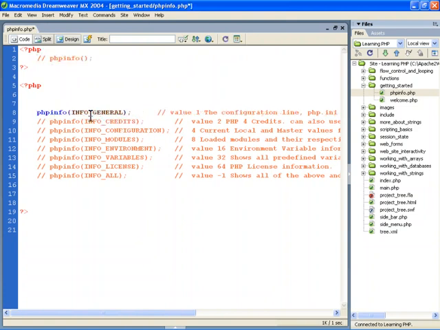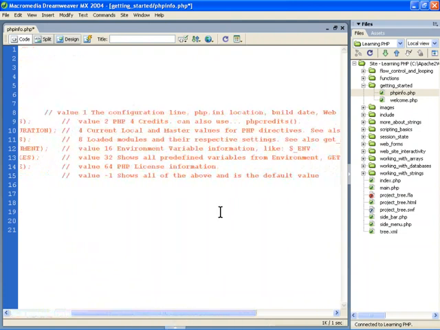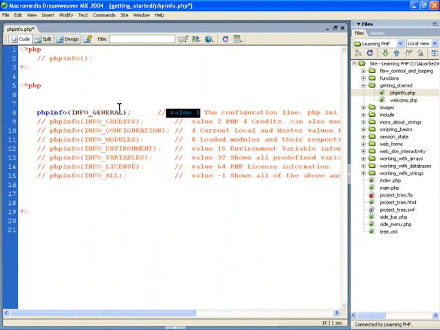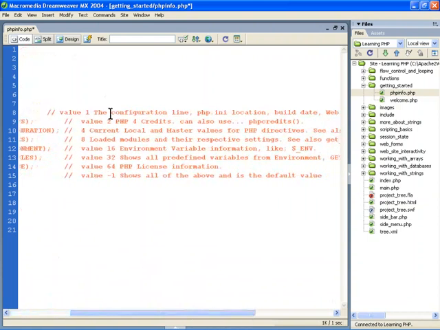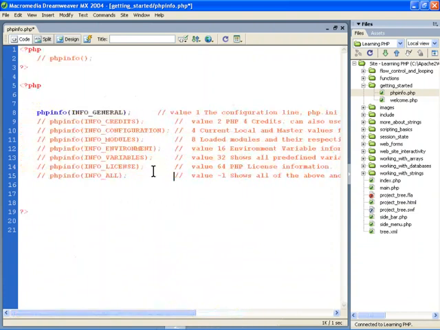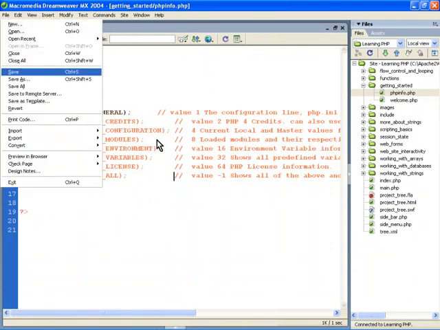And then you can just uncomment those two forward slashes, and now this becomes set. Notice it's no longer orange. And then we're just going to grab the info general. And as you can see, I listed everything here. You can uncomment one or more, and then you can see what these values are. So value 1 is actually the value of this variable here. You could put 1 instead of this, and it would do the same thing. So not to get ahead of ourselves, but you can pick each one, and then you can see the actual values of what you're going to be seeing there. I encourage you to take a peek at that. We'll just save this file,